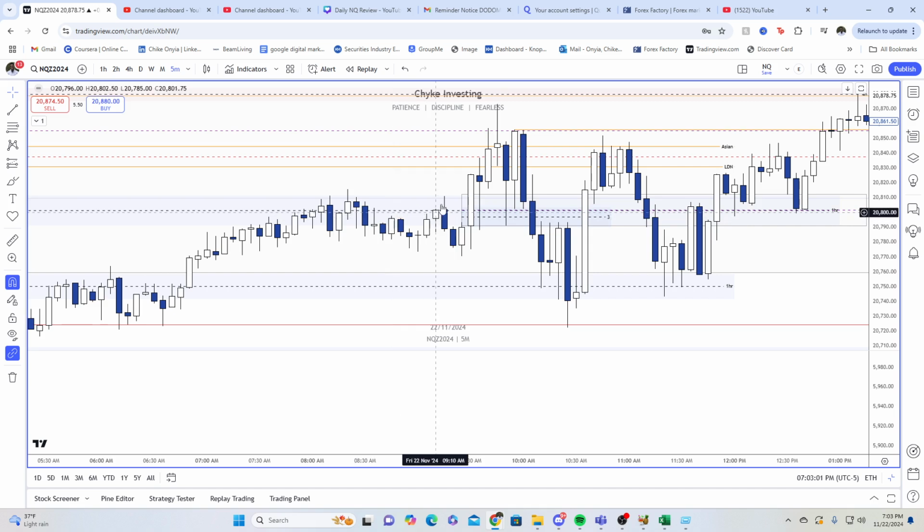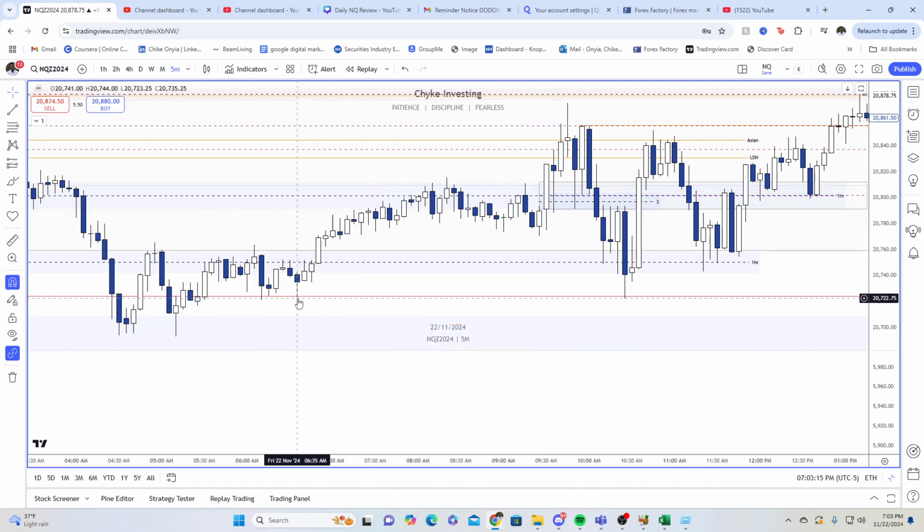So right here, we had this breaker, right? This breaker candle right here. Price broke market structure, and we had this 5-minute fair value gap. I got in at the low of this breaker. My stop was above the breaker. You can see we start to break down, and we take out this low.